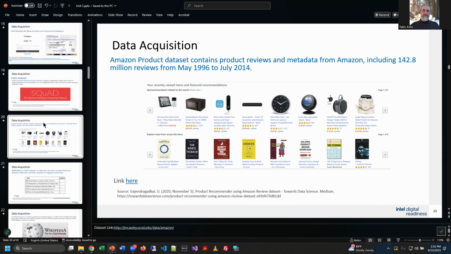Here's another one. A lot of people don't know this, and Amazon's had issues with this actually, but anytime you go into a product on Amazon, any product listing you pull up will have the information about the product and the price and where you can buy it and the shipping costs and related products and so on. And then if you scroll down the page, one of the reasons we like shopping on Amazon is there's reviews. Now, some of us are tuned into the fact that some of the reviews on Amazon are actually bogus, like machines have generated them.